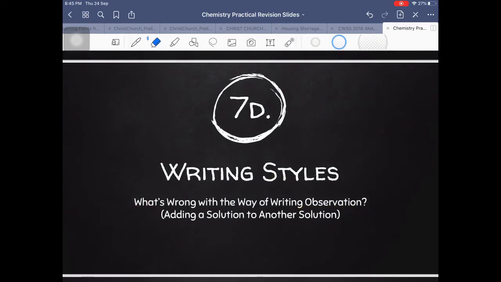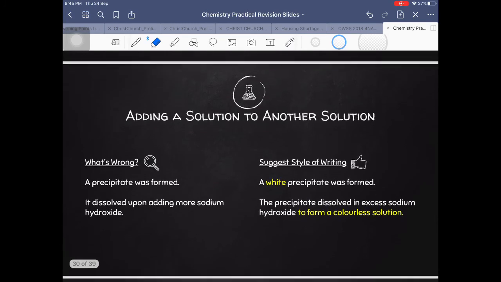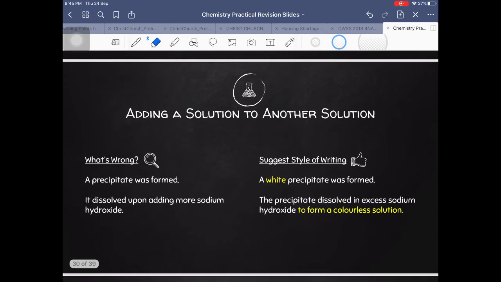Okay, next let's move on to the writing style when we add a solution to another solution. If the student writes a precipitate was formed, what's lacking is the color of the precipitate, and it dissolves upon adding more sodium hydroxide. This student wrote it dissolved, referring to what? As well as it dissolves to form